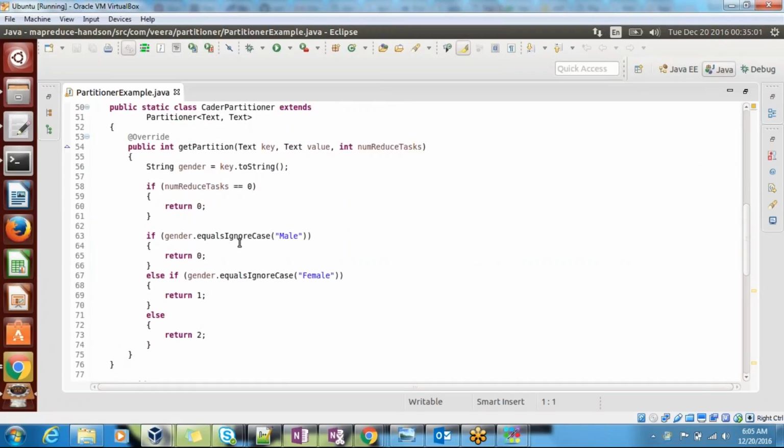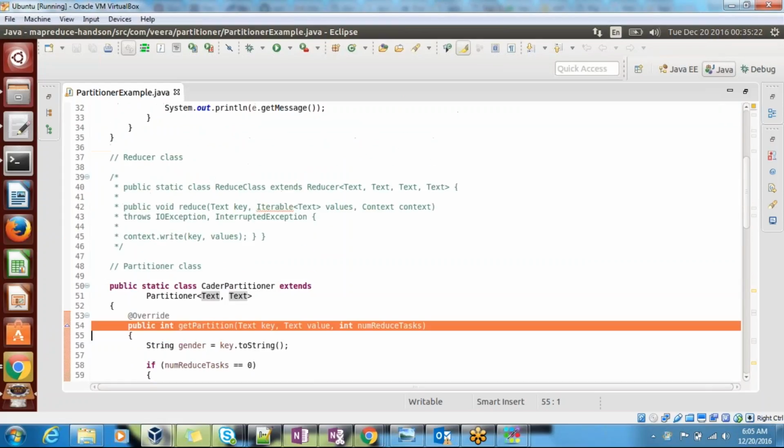Yep, same, whatever I have explained. If your partitioner class extends Partitioner, which expects the key as text and the value also text, your getPartition method expects the key, the value, and the number of reduce tasks. This number of reduce tasks will come from your job.